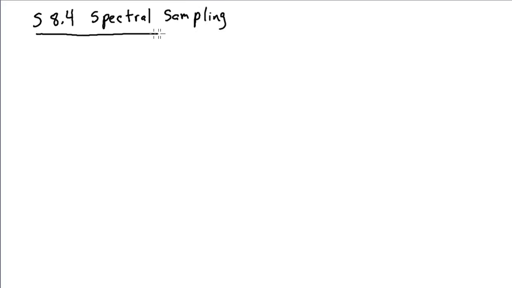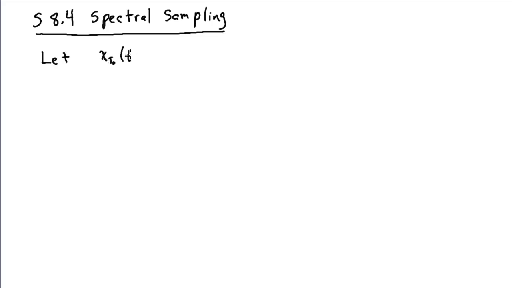There is a counterpart to the sampling that we've been doing in the time domain. It's actually sampling of the Fourier transform, and this is called spectral sampling. So I'm going to take a slightly different approach than they use in the text, but we're going to let